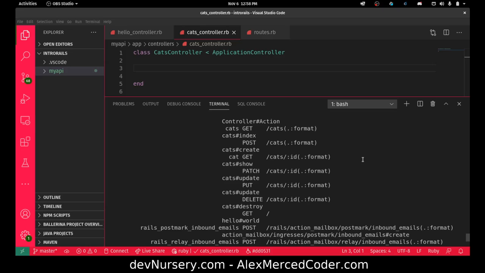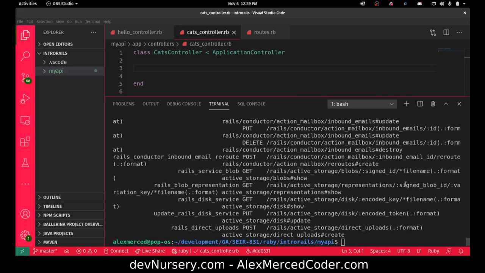So in the last video, we created a new project using the default SQLite 3 database that exists when you generate a new Rails project. We created a quick cats model, and we saw how you could use the generate resource command for the generator to create the migration and the routes for you, but you would then have to write out all your own controller functions in your controller. Now what I'm going to do in this video